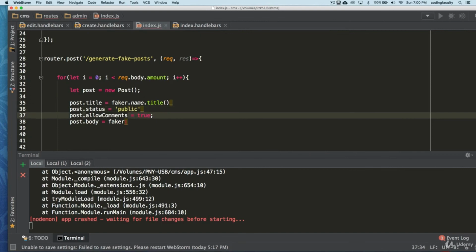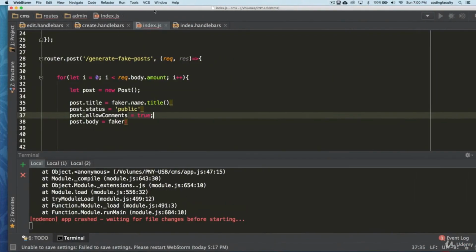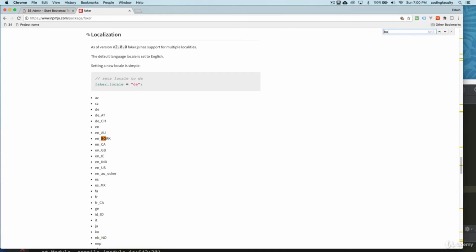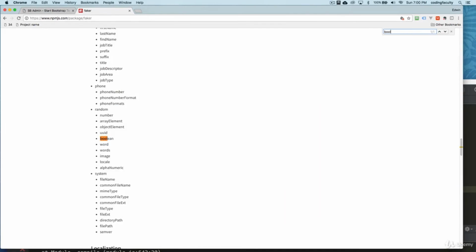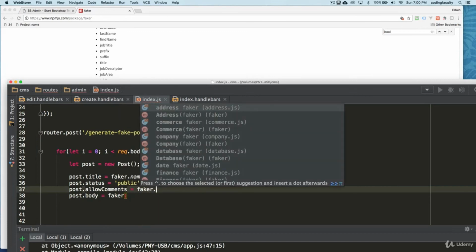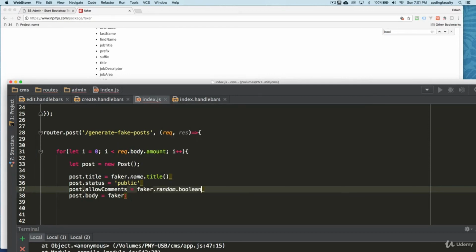And null or true. So let's see if we can find a Boolean value. Random Boolean right here. So we're going to say faker random Boolean, like that.